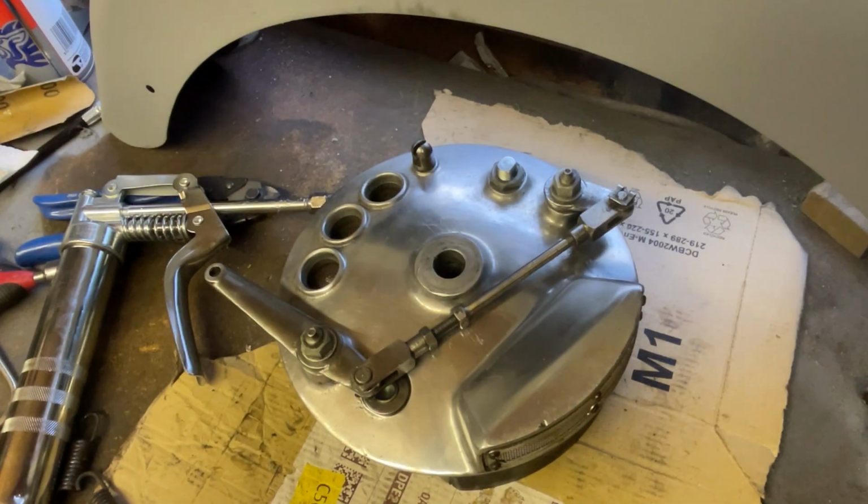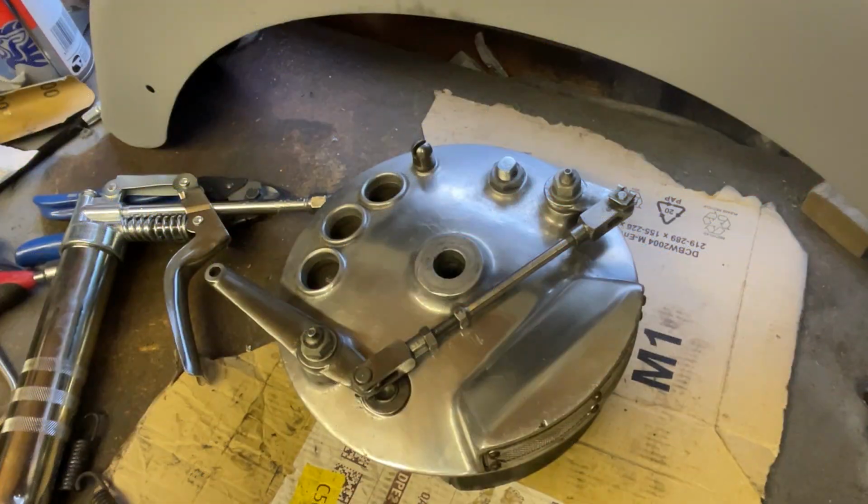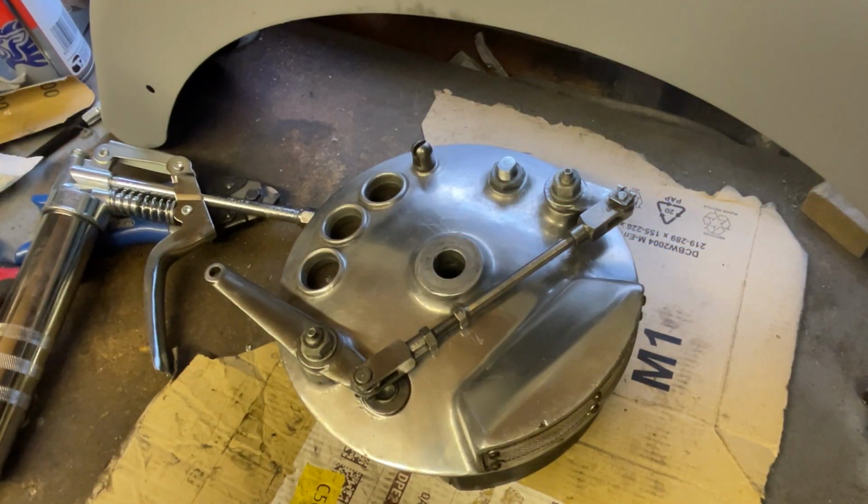So, long story short, early part of this evening I've been stripping and trying to ascertain why my twin leading shoe on my Norton 1969 Commando, cue the picture, was actually refusing to return when I pulled the front brake. So you can see here I've got my grease gun, but I took the opportunity with ordering some other parts,